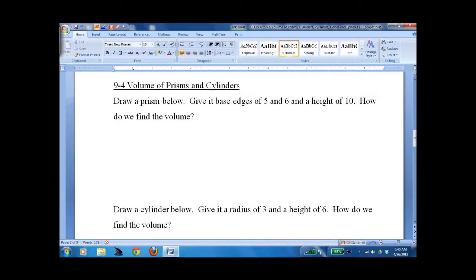Lesson 9.4, volumes of prisms and cylinders. So we're going to cover a fair amount of material in a short amount of time because it's what we engineers call plug and chug, meaning once I know the data and I know the formula, I just plug in the numbers and crank it